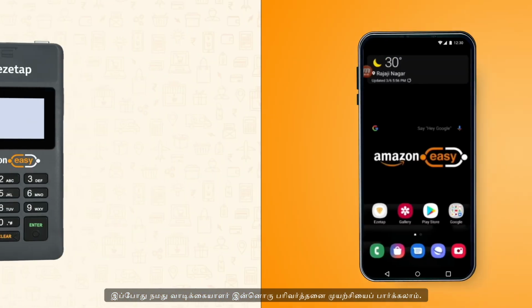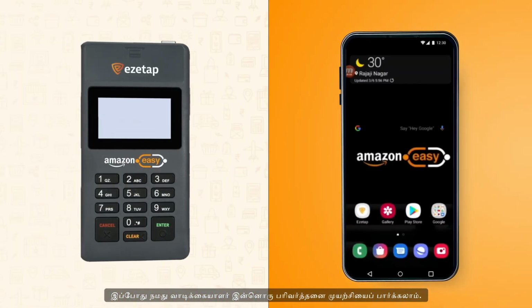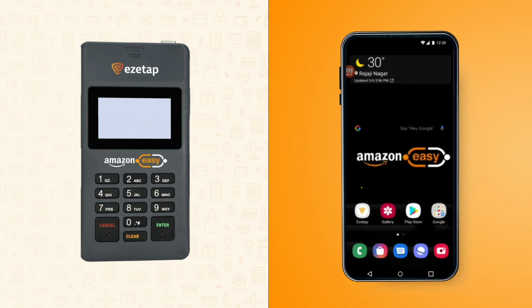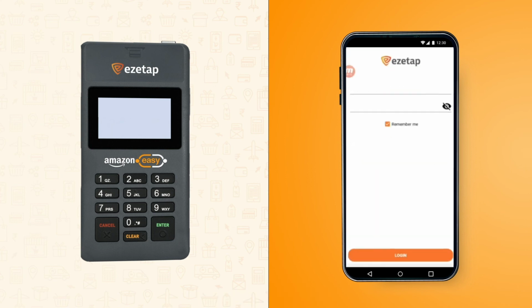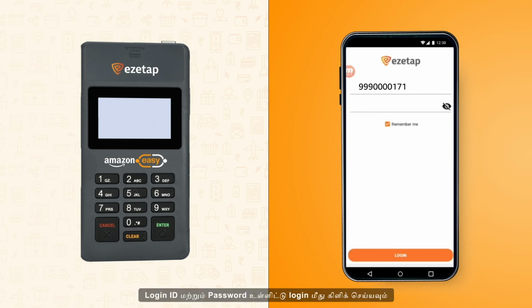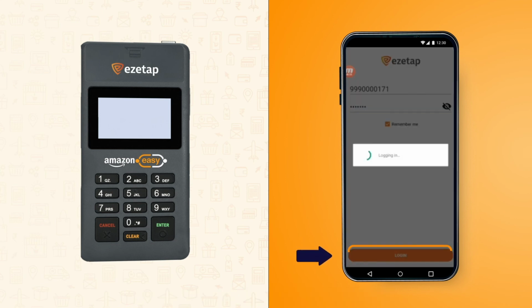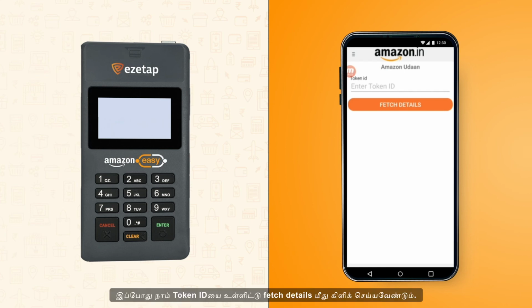Let's attempt another transaction where we will have our customer entering an incorrect PIN and see the error response. So click on EasyTap application. Enter login ID and password. Click on login. Now we'll enter token ID.